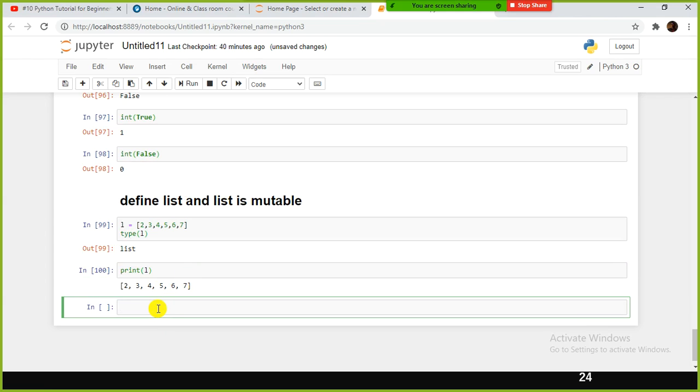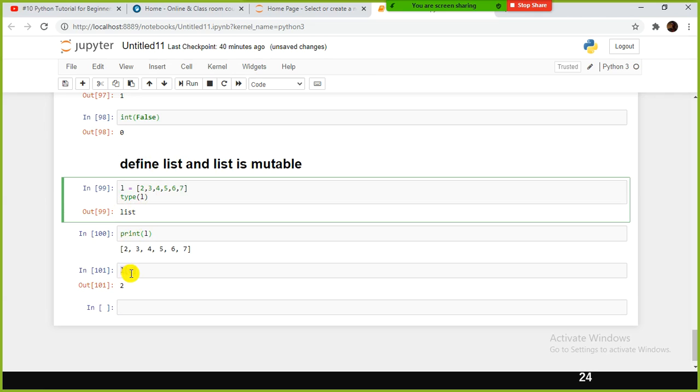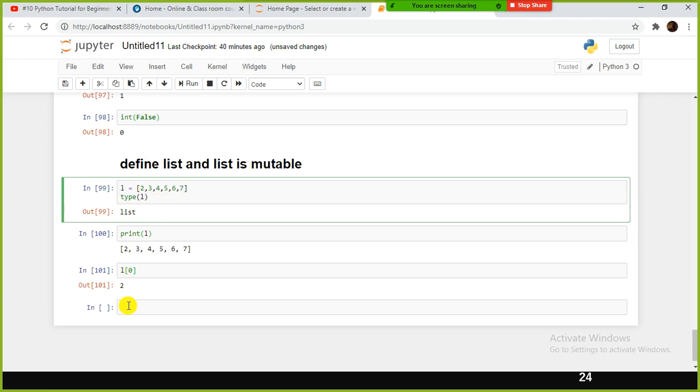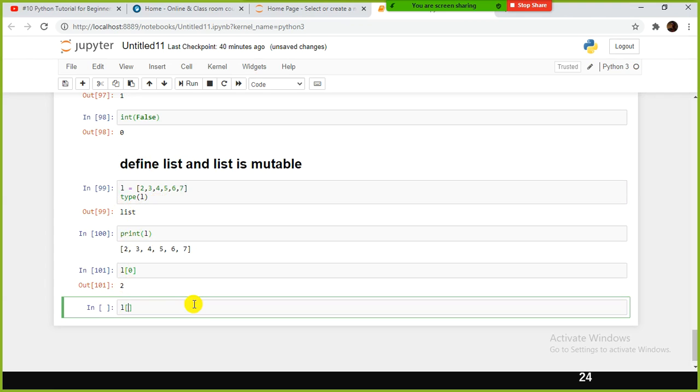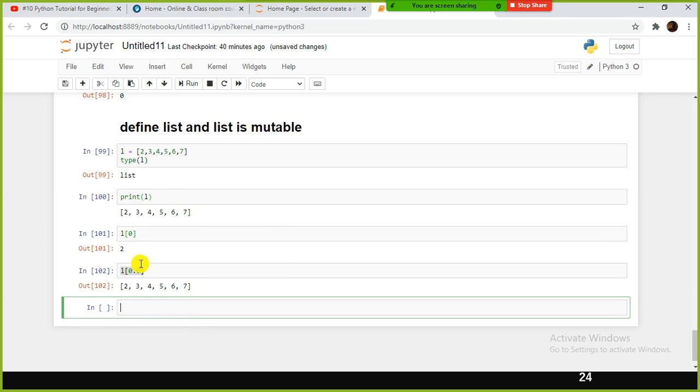Similar to string, the way we slice a string value, the same approach has to be followed here also. L of 0 gives you the first value. The 0th index points to the first value in the array. Let's say L of 0:6, so you get 2, 3, 4, 5, 6, 7, all the values.